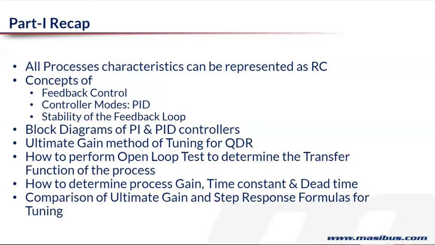So we looked at what is ultimate gain, and then we looked at how to derive the settings out of that. It's quite simple. Once you arrive at the ultimate gain, your proportional gain should be half of that, for a very stable loop. Your integral time should be almost equal to that period of oscillations, and derivative, if you are using it, should be roughly 1/4 of that integral time. So that is the shortest, easiest, and the first method which was invented for tuning of PID parameters.